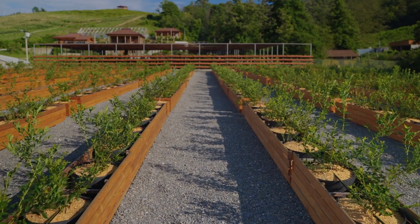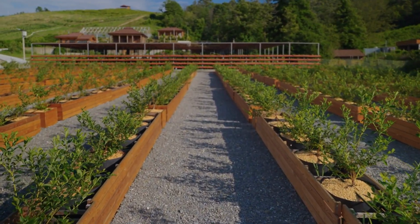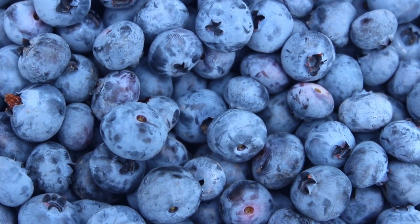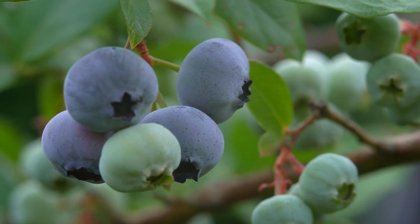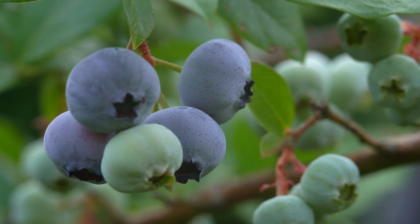When planting, begin by digging a hole that is twice as wide and as deep as the root ball of the blueberry bush. This spacious approach helps to loosen the surrounding earth, making it easier for the roots to expand and access nutrients. Blueberries need room to grow, both above and below ground, so spacing the plants about 4-5 feet